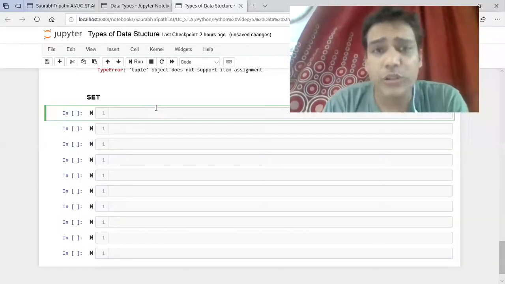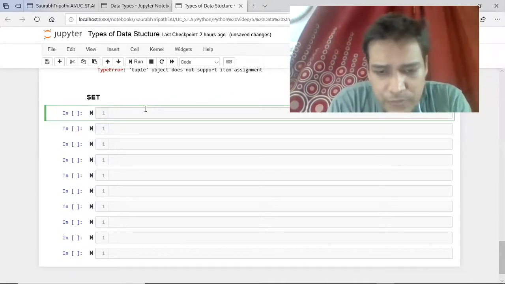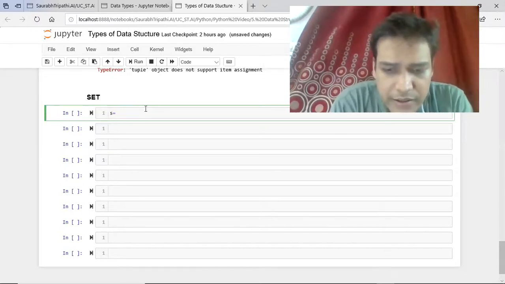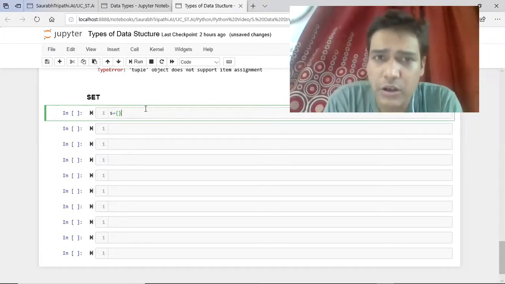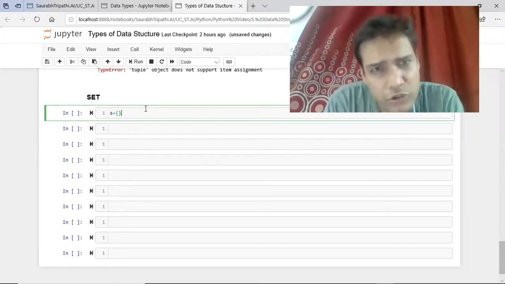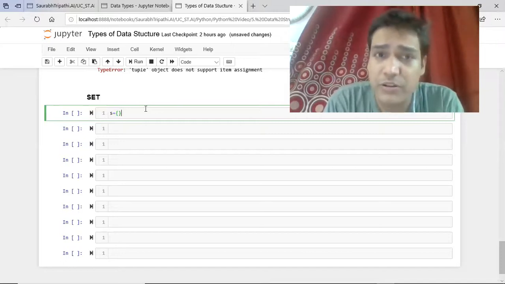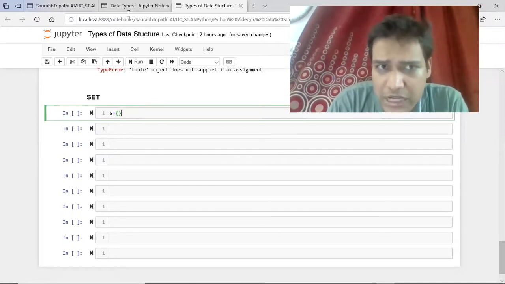First of all, how do we initialize a set? I'm taking s as a variable name and writing curly brackets. Something to keep in mind: when we get to dictionaries, we also use curly brackets, so how does Python find out which one is a dictionary and which one is a set? We'll cover that too.